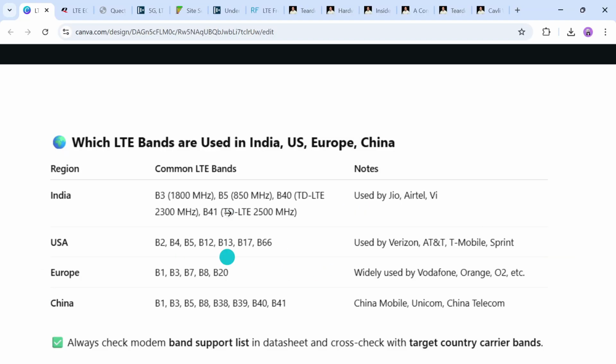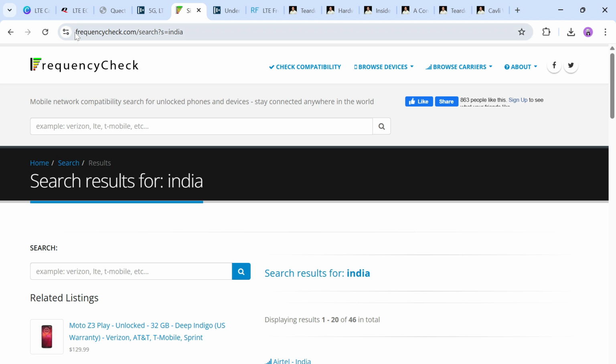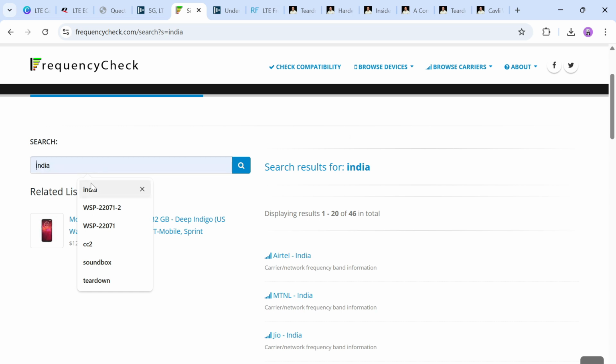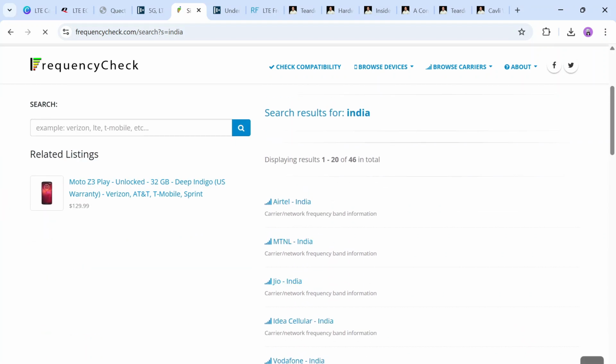Now let's dig more into detail how you will be able to find. So this is a website, frequencycheck.com. You can search either the country. So let's say if you search for India, these are the Indian telecom carriers that operate in India. So if you click on Airtel,